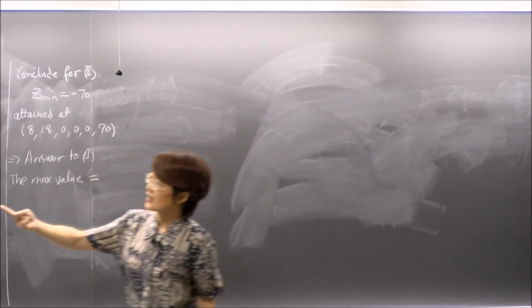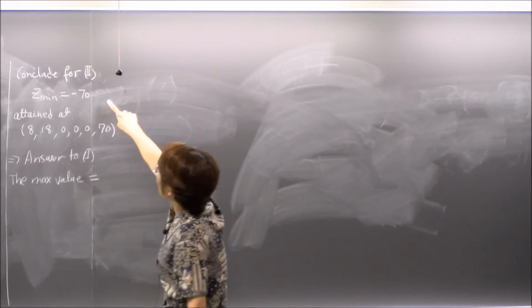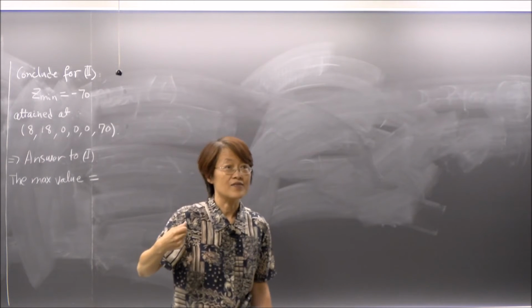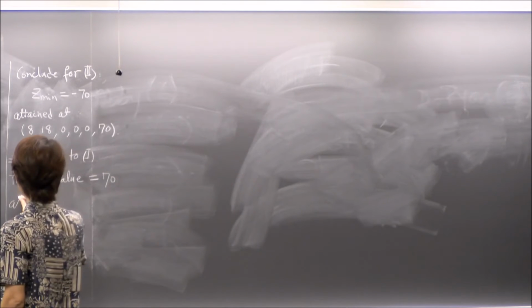The max value equals to what? What is z? Z is the negative of that max value. Is that right? Where z gets the min, the negative of z is my max. Is that right? So the max equals 70. Okay, attained at